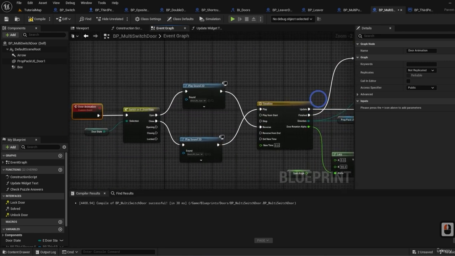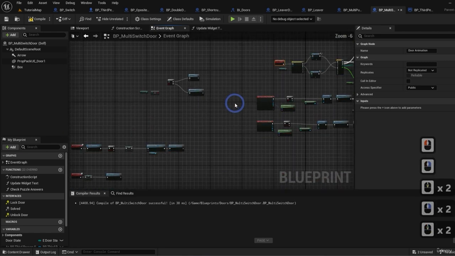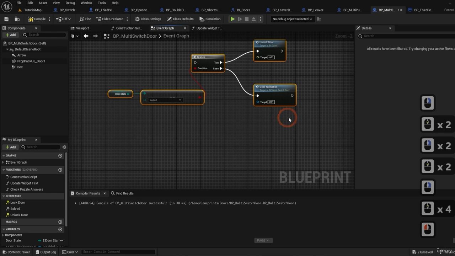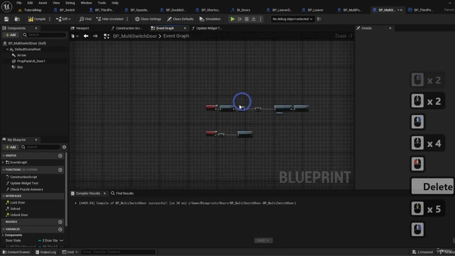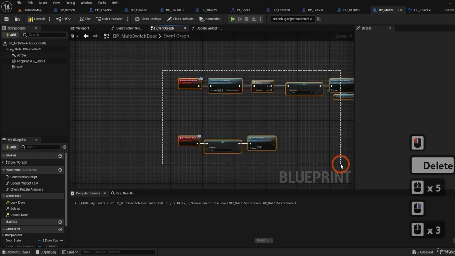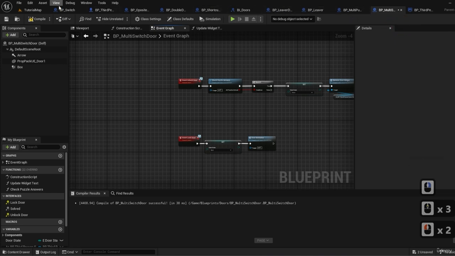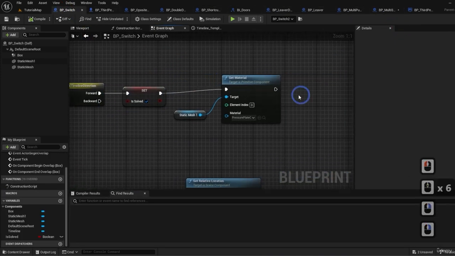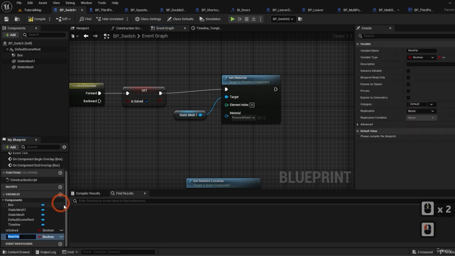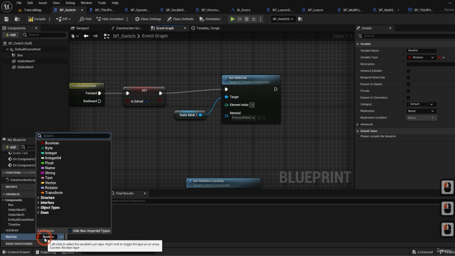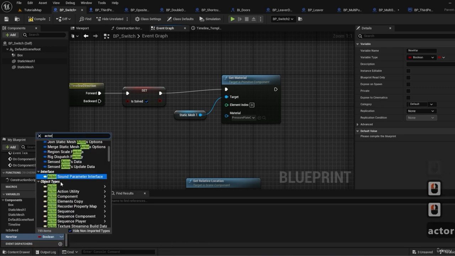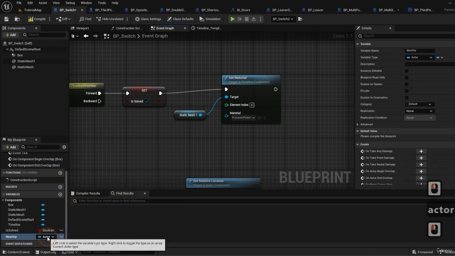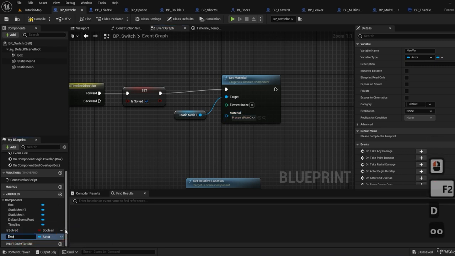Now, we do need to call these events. We actually didn't need this, so I'm deleting it. What do we call these events? Well, pretty simple. On the switch that we created, when we finish pressing the button, we do need a reference to that door, so we're gonna create a variable. We're gonna make it of type actor, and we can make it of type actor because we have the blueprint interface. Let's call this door